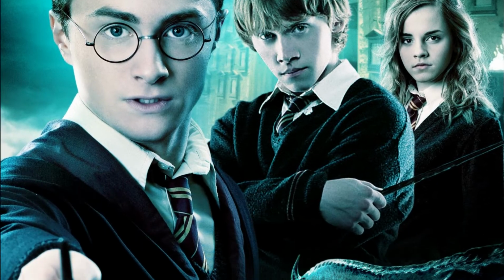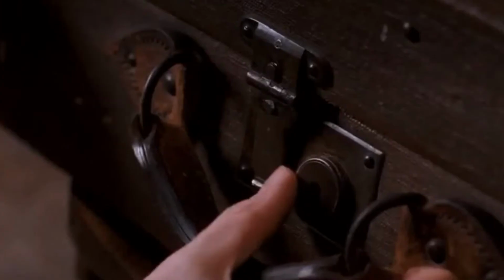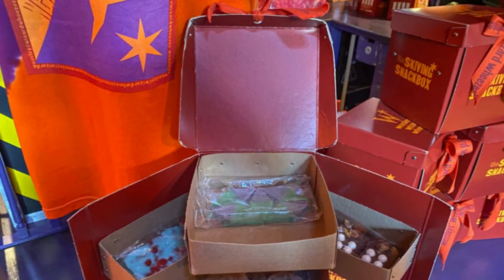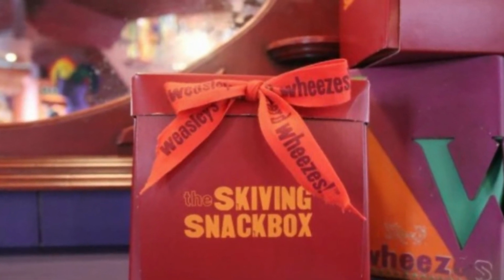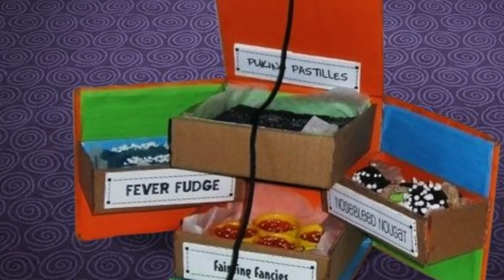In the movie Harry Potter and the Order of the Phoenix, Fred and George Weasley were shown demonstrating their invention of a type of candy called skiving snack boxes. These boxes contain various sweets that can make the eater feel ill and are perfect for those who want to skip class. The skiving snack box includes such treats as puking pastilles, fever fudge, ginger newts, fainting fancies gum, and